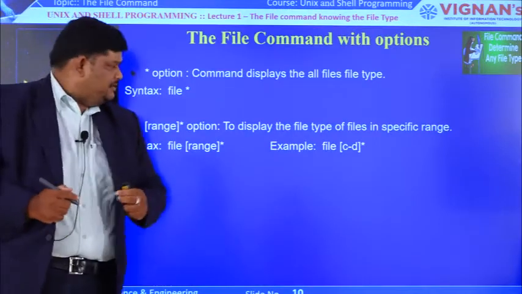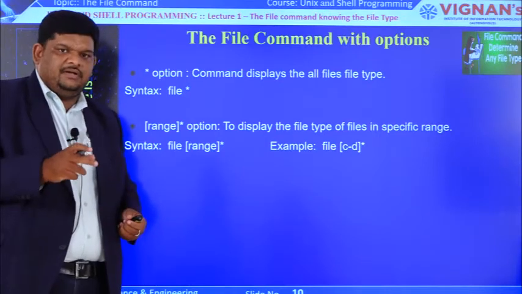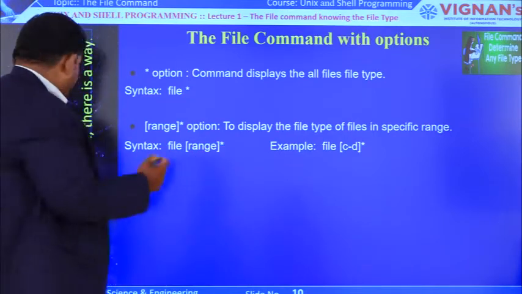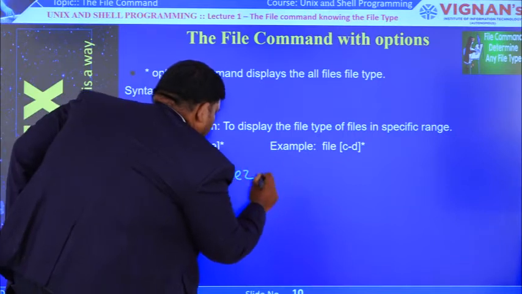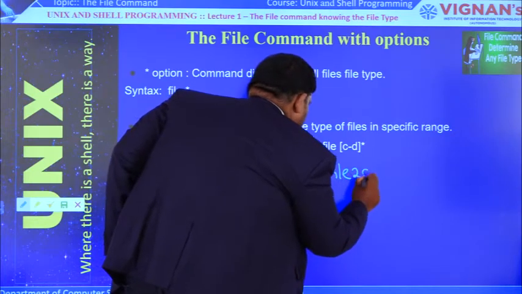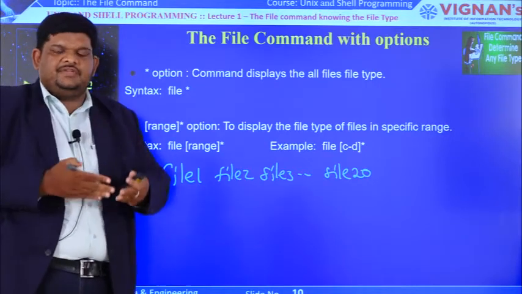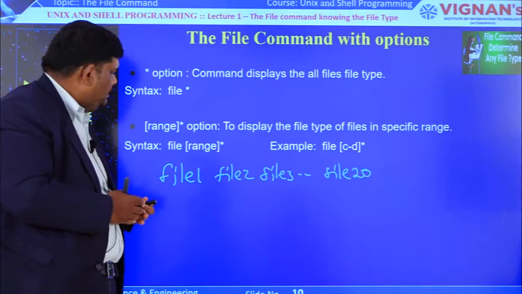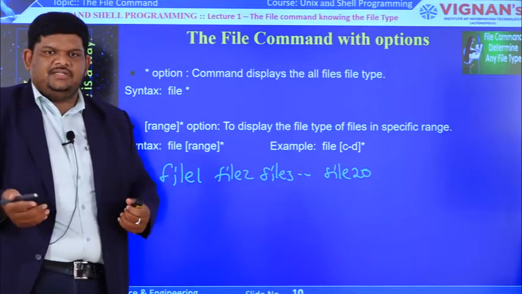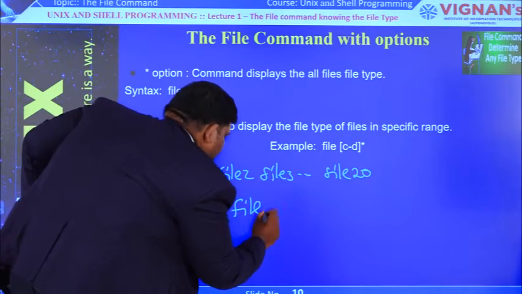Next one, the range option. With the help of the range option, it will display the file type of the files in only a specific range. For example, the syntax is file space range star. Now again, I have file1, file2, file3 and so on up to file20. Now I have 20 file names. If we use file star, it will give 20 file names with their types. But now I want only file3 to file10. So file1, file2 I don't want, and after file10 also I don't want, only a specific range. For that we will use file, which is the command,